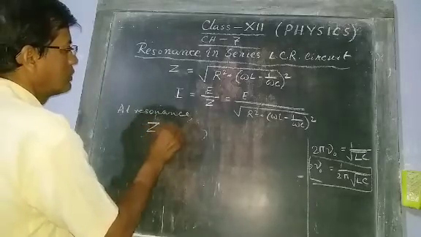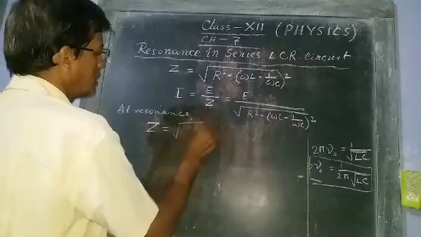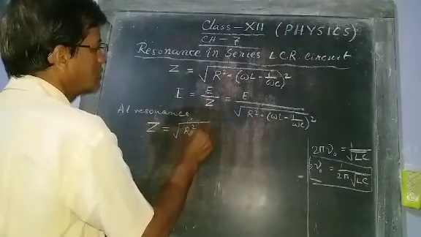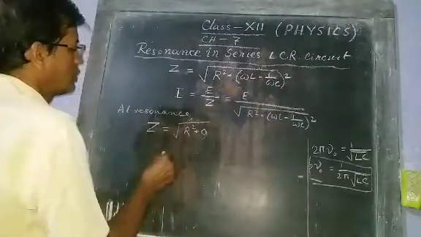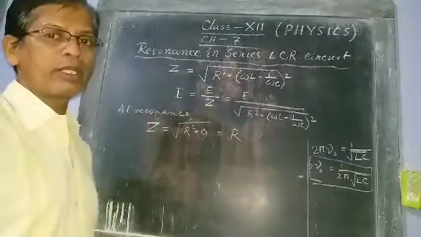Z is equal to the square root of R squared plus 0. These two are equal, so the difference is 0, and Z is equal to R. So at resonance